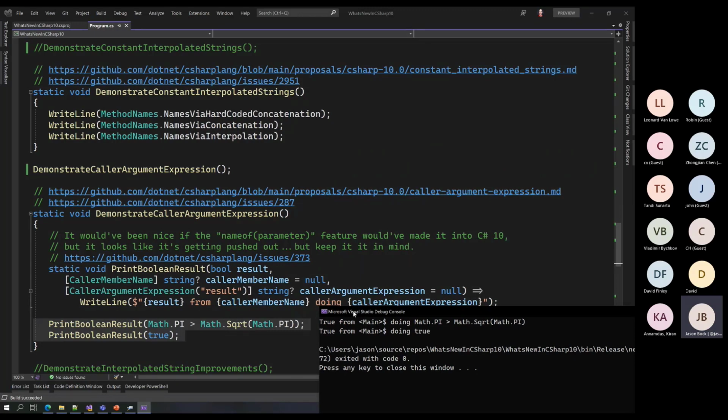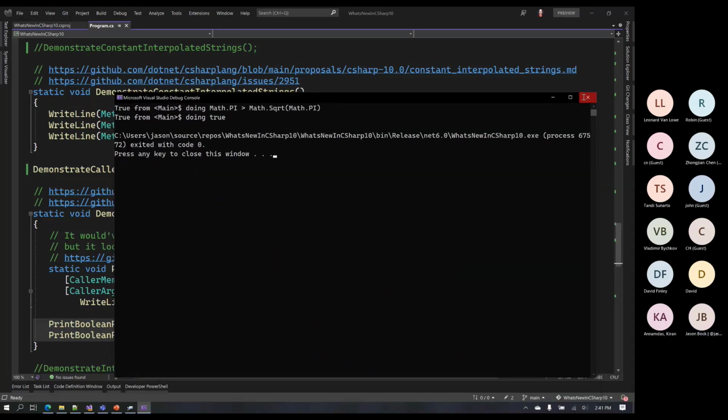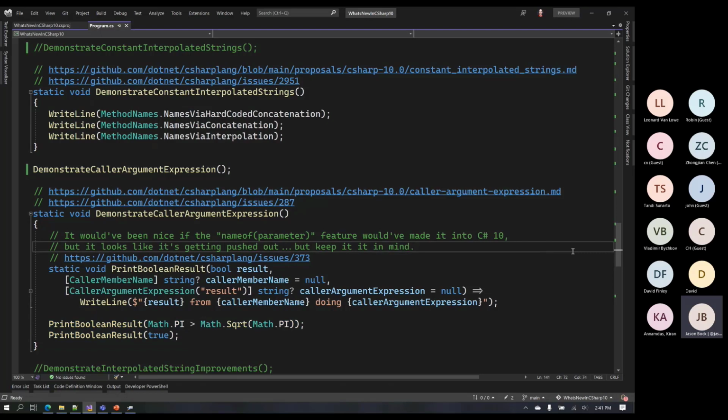Okay. Now this is something that I've seen people do when they're writing a logging framework or they're trying to log stuff: they'll actually copy the code that happened at that particular call site into the log, because they want to preserve where was I when I did this and what was I doing when I called this? So this is something like with Debug.Assert as well. They want to know what actually happened to cause this assert to happen. Well, now what you can do in C# 10 is use an attribute to make this all automatic.